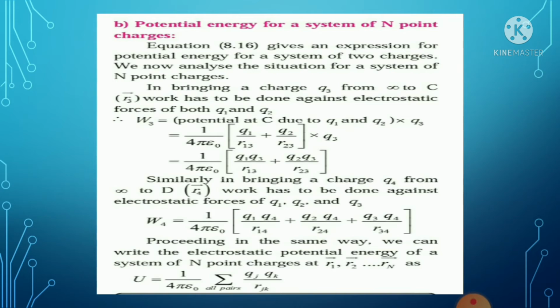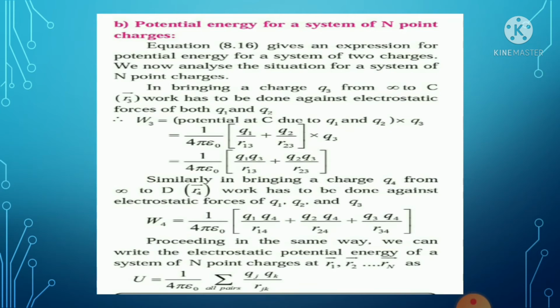We can write W3, the work done to bring a charge from infinity to point C, equal to 1 upon 4 pi epsilon 0 into bracket Q3